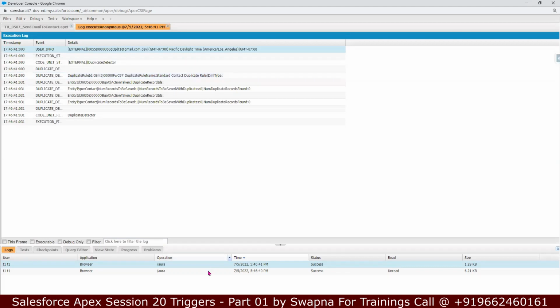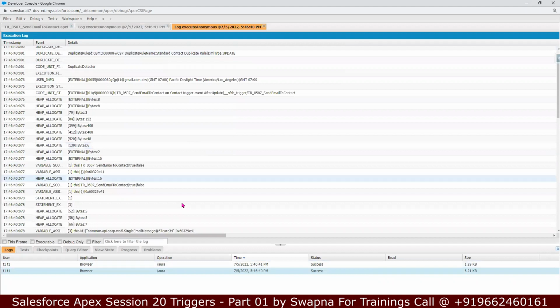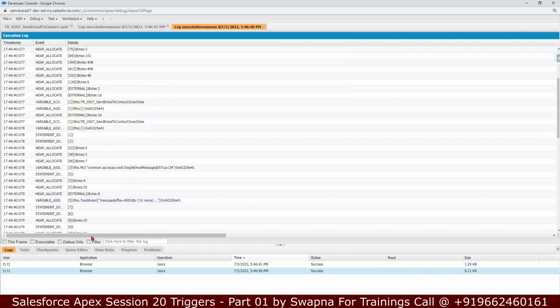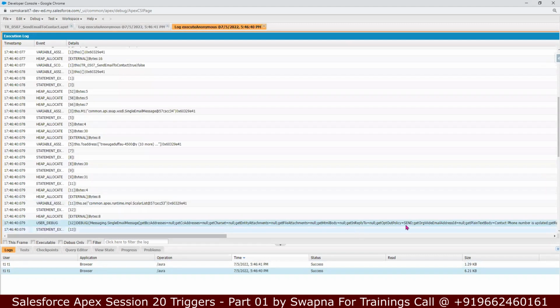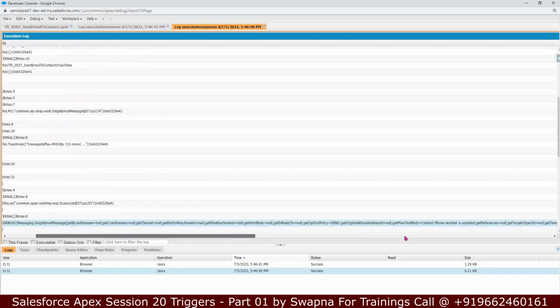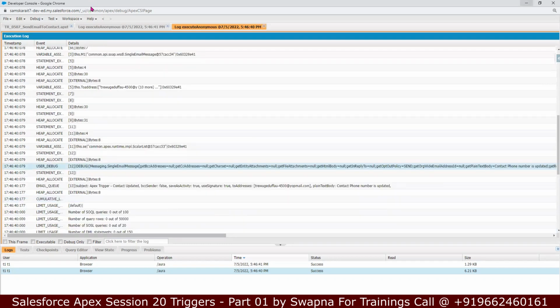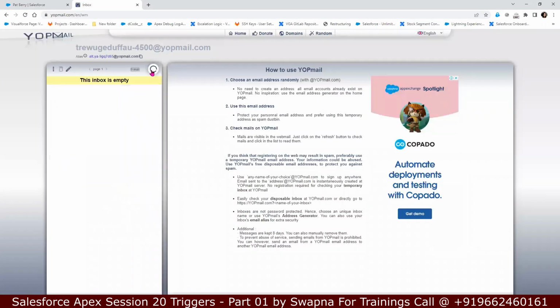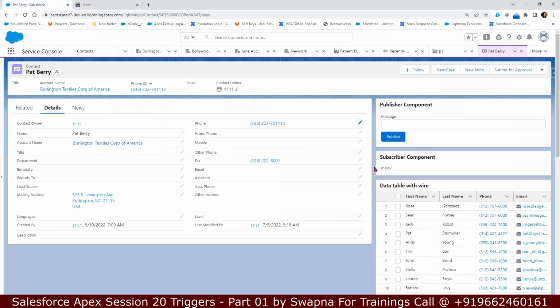So number of records to save. Send email to address it built. Debug. So yes, it built the data. So let me go ahead and see. See, there is one email which came, contact phone number is updated, right? But